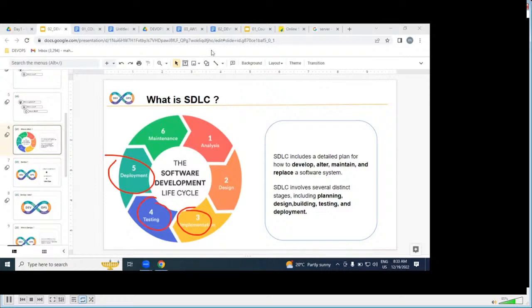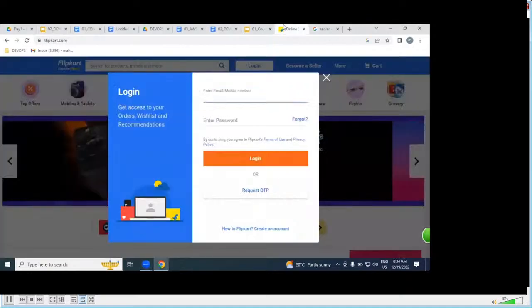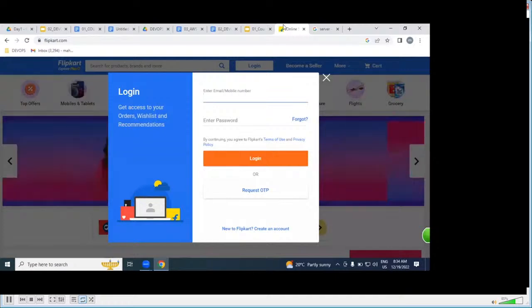By end of the day, whether we are AWS engineers, DevOps engineers, Java developers, or .NET developers, we are all involved in SDLC. By end of the day, we are going to produce a Flipkart kind of application.